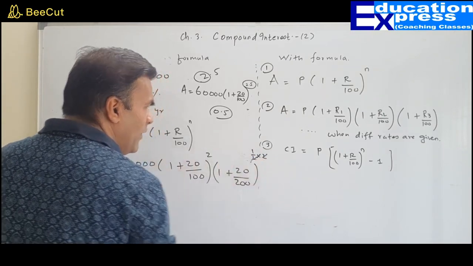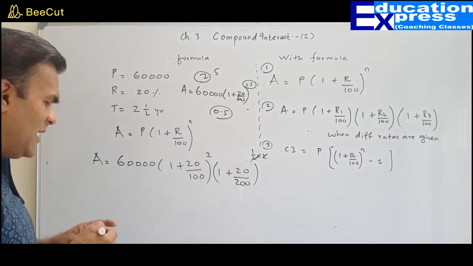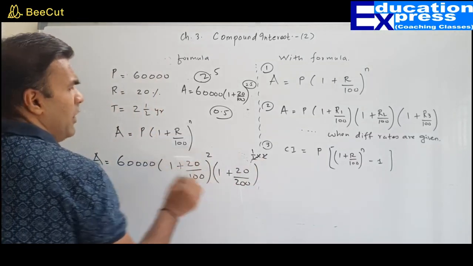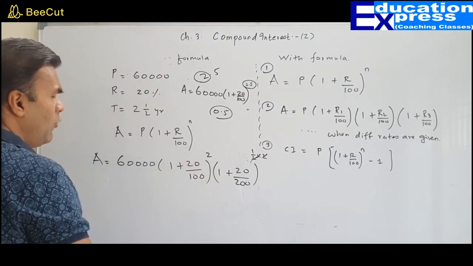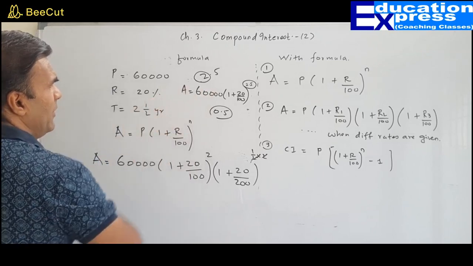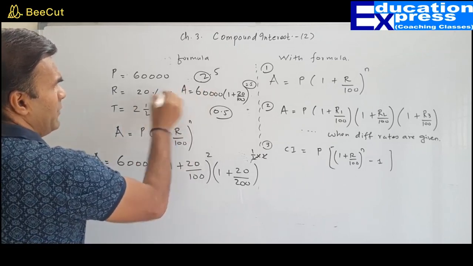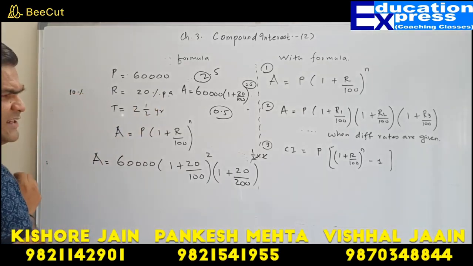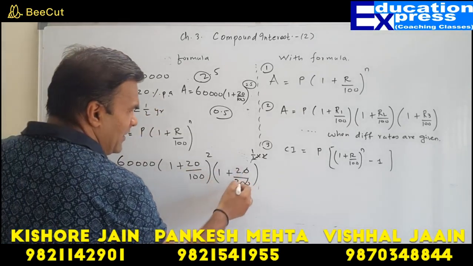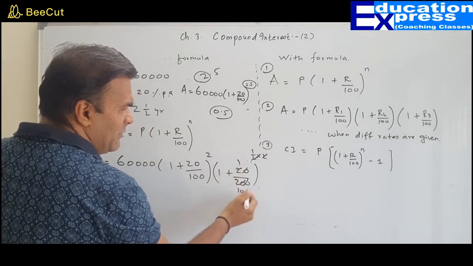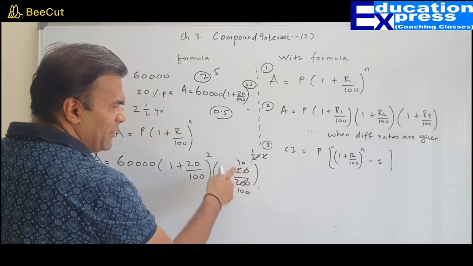So you write 1. It means, you know what exactly is happening? We are taking interest for half a year only. Sir, how? For a very simple reason. It is 20% per annum. 20% per annum would mean 10% after every 6 months. So this would mean 10% only. You can check it out. 1 plus, if you take 0 and 0 here, 10% only.